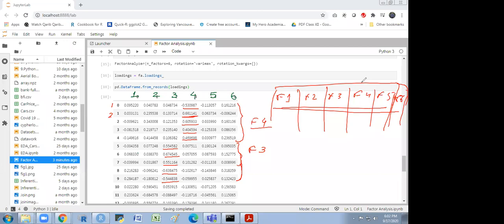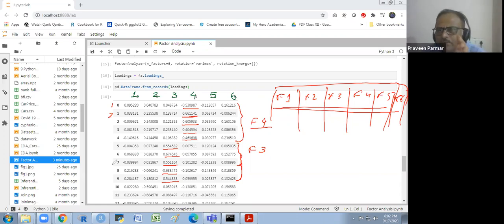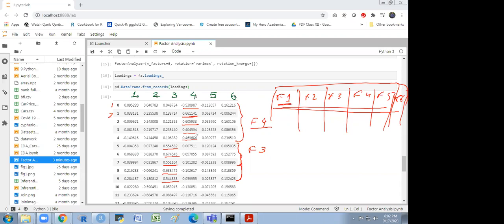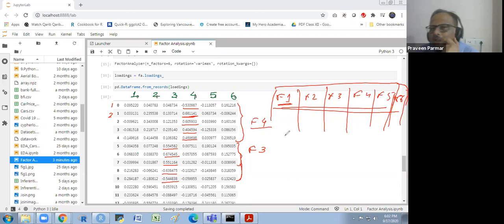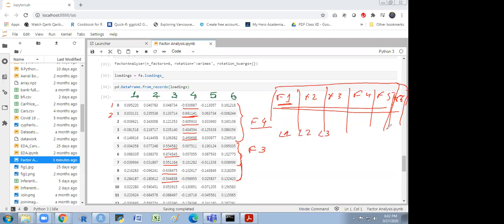After assigning F4, F3 and separating, what do we have to do? Then you add these questions, these items in this F1, and you find out the score of this. As I explained in the inferential analysis last day, we have taken L1, L2, L3 up to L10.